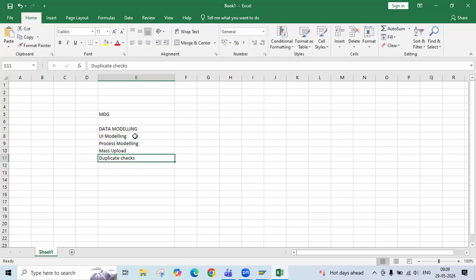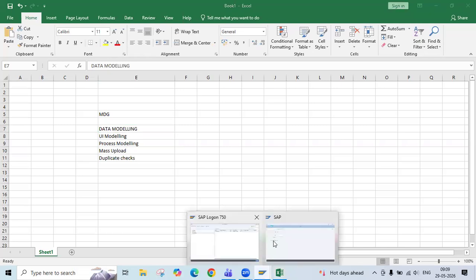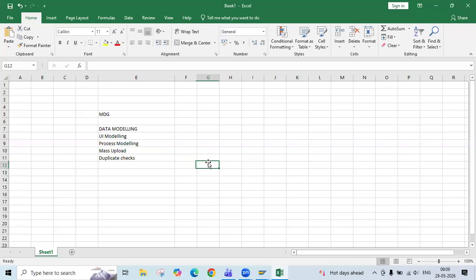Okay, so first we will start with data modeling today. Within 5 or 10 minutes, I will start with the SAP system. I'm waiting for the username and password. Once I get that, I will log in with it. So first thing is data modeling. In the data modeling, we have